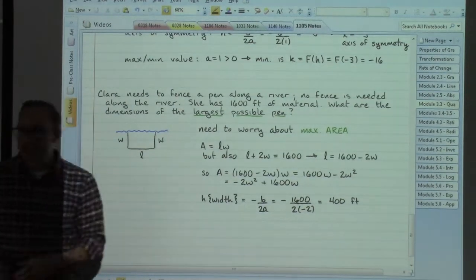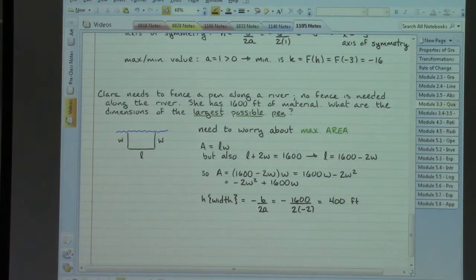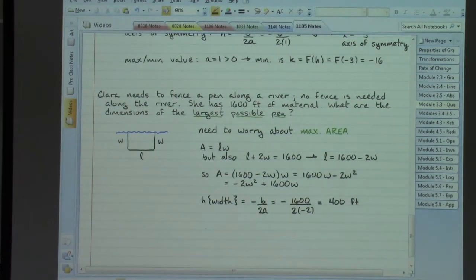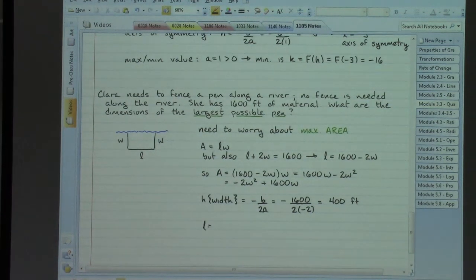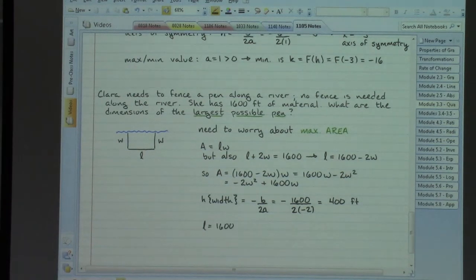Well, we've got that relationship that the length is going to be coming from the 1,600 minus 2w. So 1,600 minus 2 times 400 gives us a length of 800 feet,